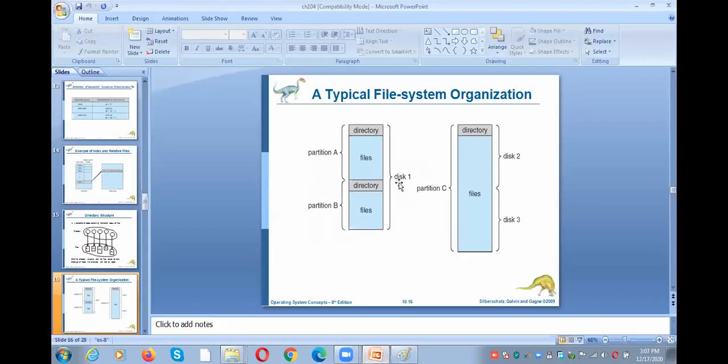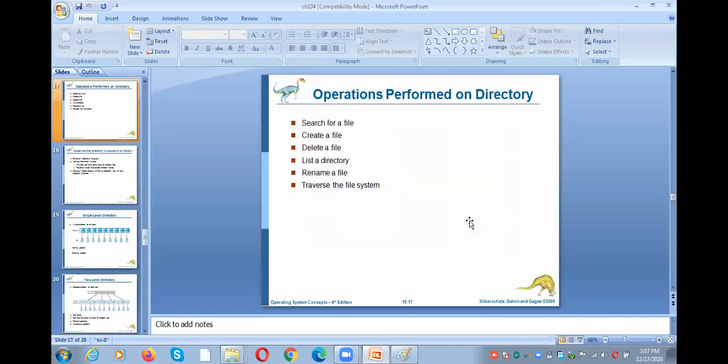Like that here the disk may be divided into 2 partitions, partition A and partition B. Under the partition A, you want to maintain one directory and all the files are available in the directory. Under the partition B, you want to create one directory and under the directory all the files are available. Or else, two disks can be used for maintaining only one directory. It is also possible. So mainly the directory is for organizing the files. That's it. A disk may have any number of directories.